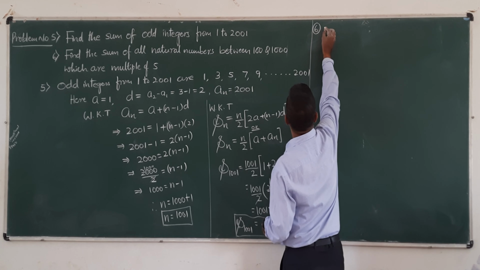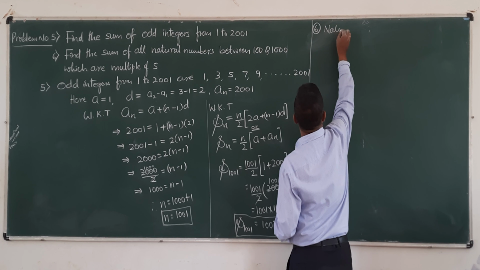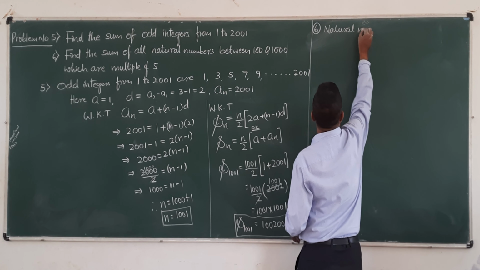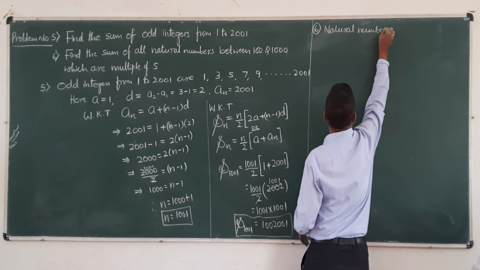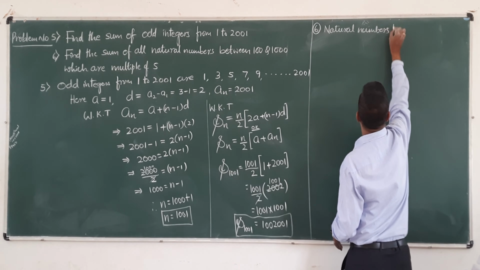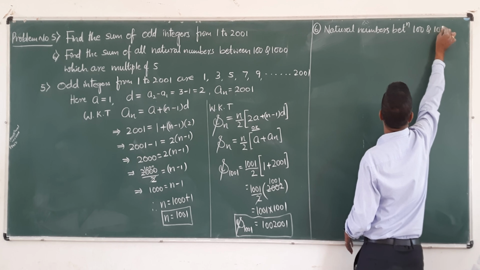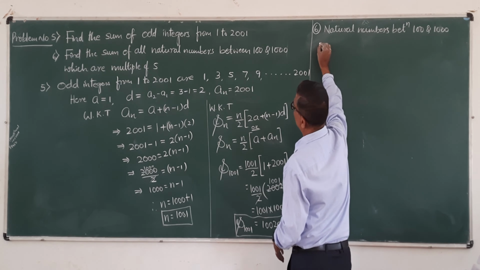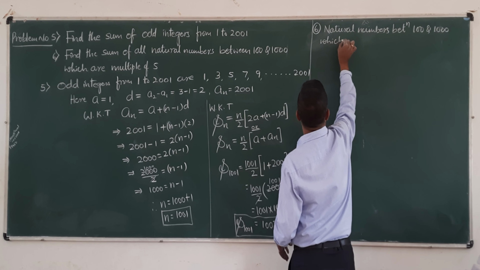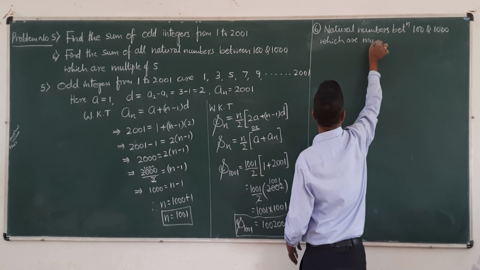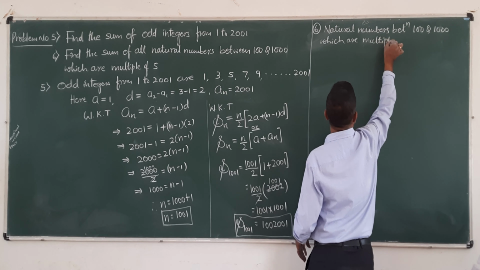Now here the natural numbers, set of natural numbers between 100 and 1000, which are multiples of 5 are